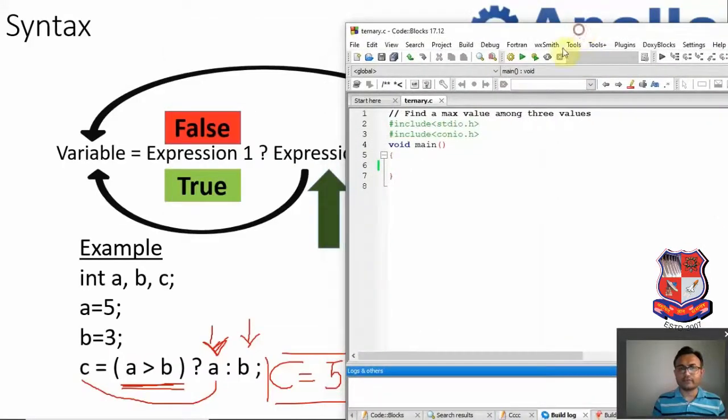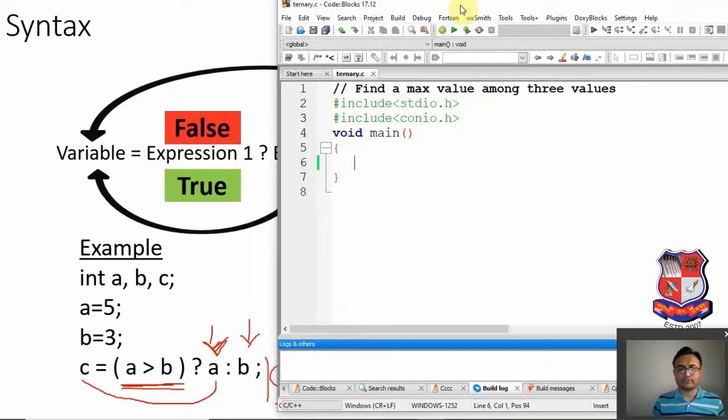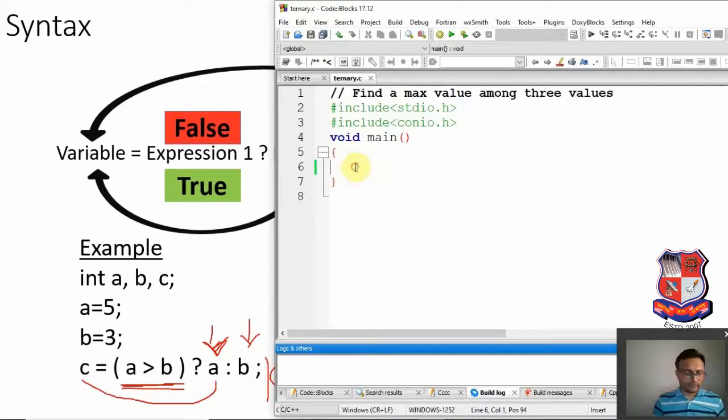Check our program code, and then we are going to find the maximum value among 3 values. Just make it large. First, let's make this program.